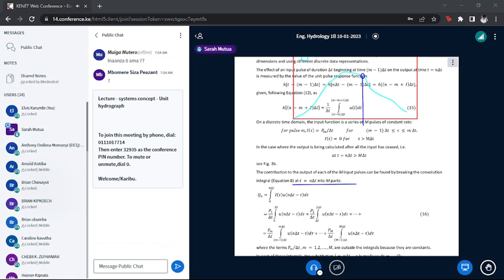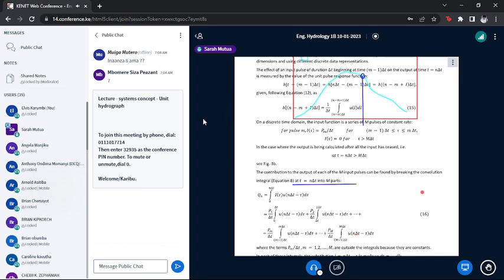And if you do that, therefore, Q of n can be calculated as an integral of the inflow into the system times the response function U of n dt minus tau d tau. And then if you break the 0 to n dt into M parts,